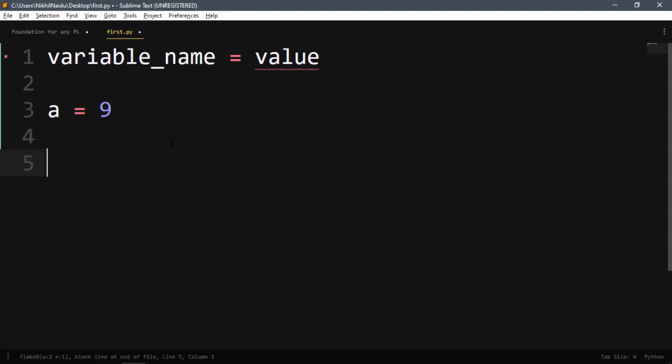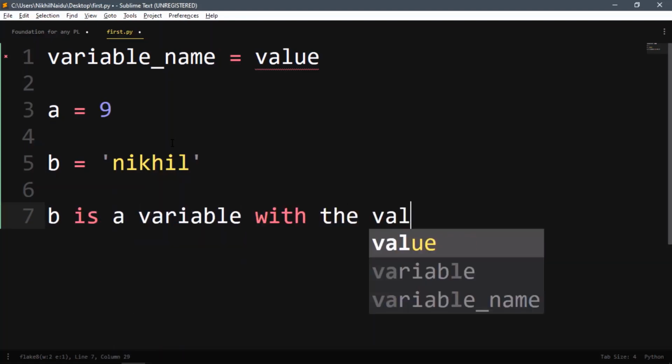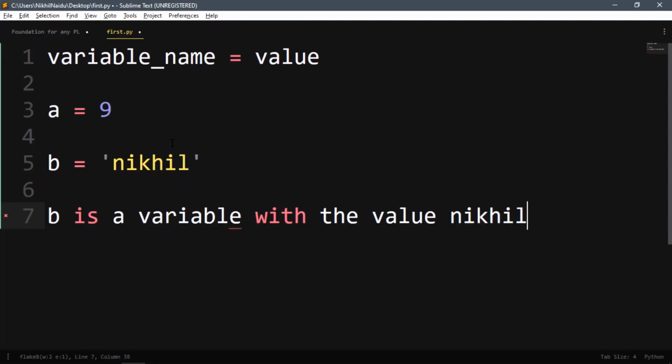In the same way, I could declare another variable, b equals maybe nickel. If I write this in English, b is a variable with the value nickel.